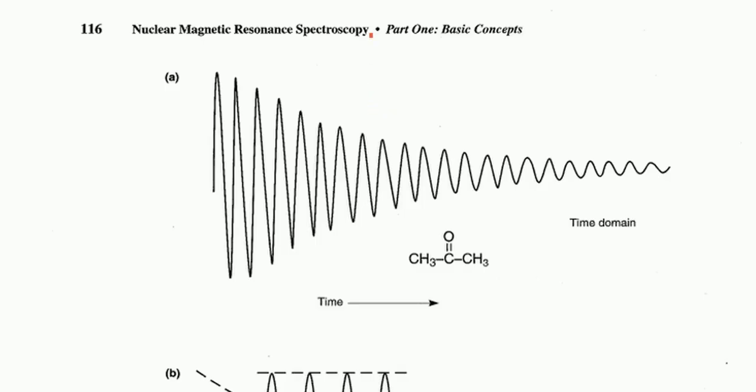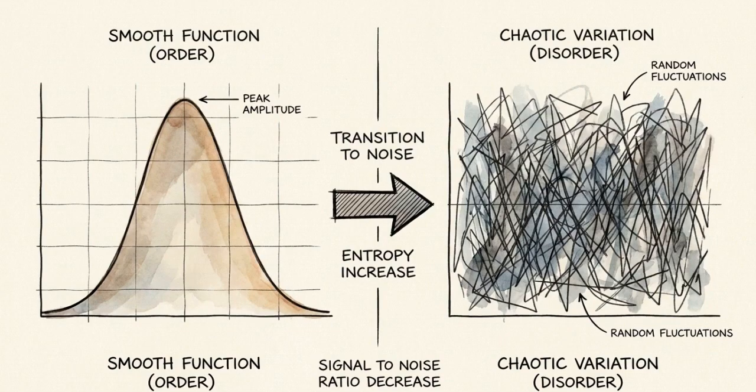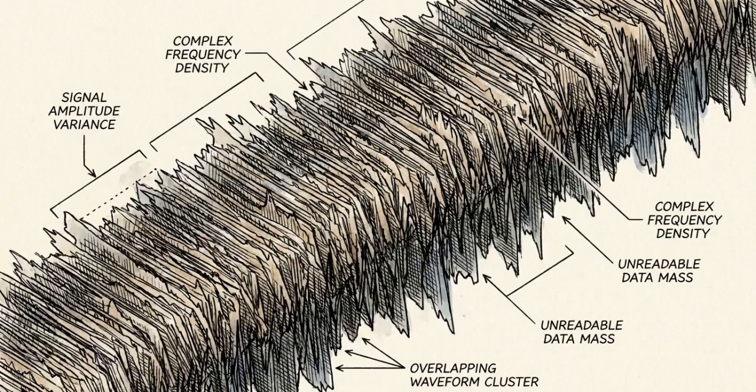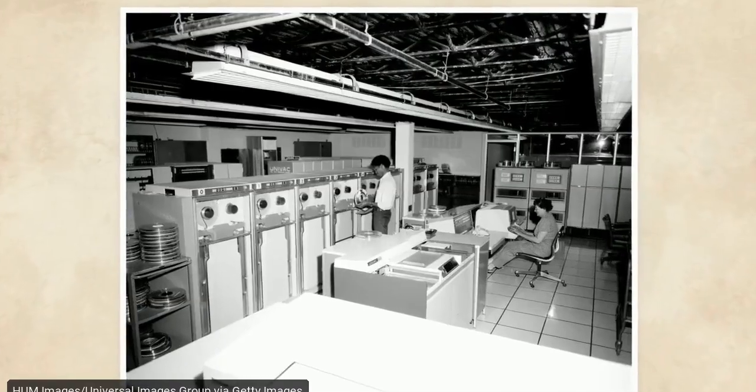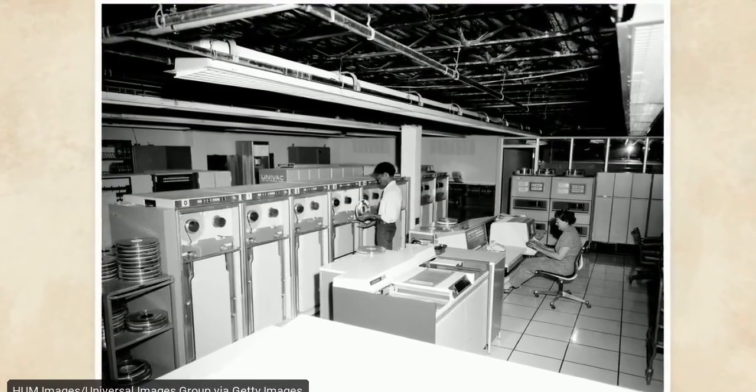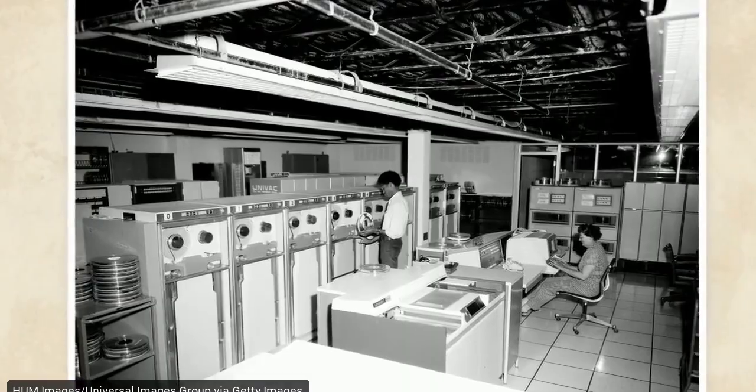FT instrumentation trades a simple, sequential scan for a highly complex, composite signal. Every piece of chemical data in the molecule is captured in a fraction of a second, but it is entirely overlaid upon itself. The free induction decay is incredibly data-rich, but it is completely unreadable to a human chemist trying to identify molecular structure. To make use of FT-NMR, the spectrometer requires an integrated computer processor capable of handling intense